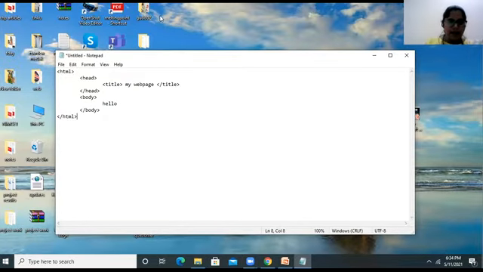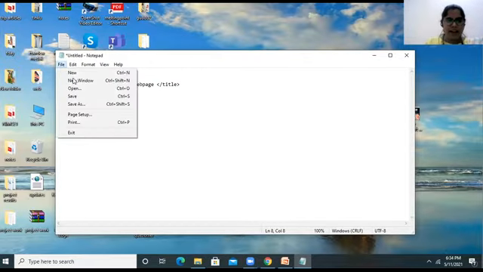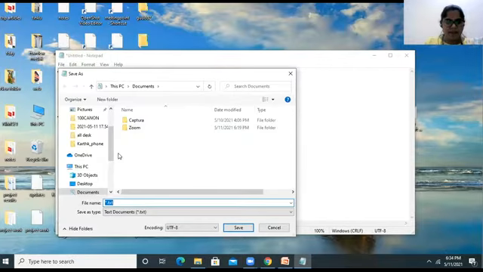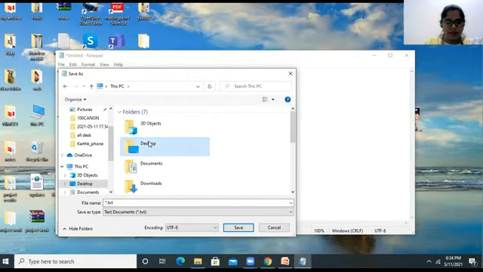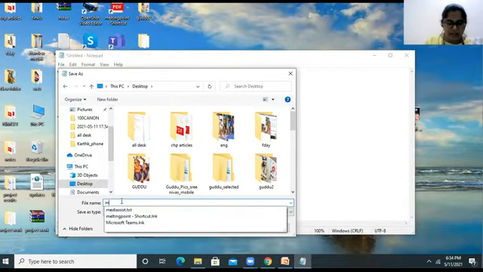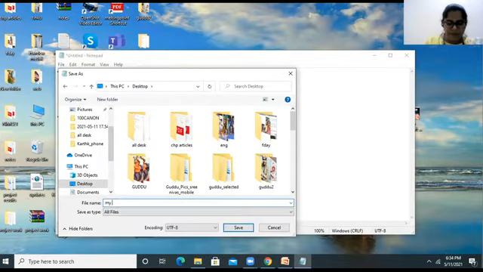So let us see how it will be done. I'm going to File, then Save. I'm storing it on the desktop, but here I'm going to change it to All Files, and here I am naming it my1.html and Save.